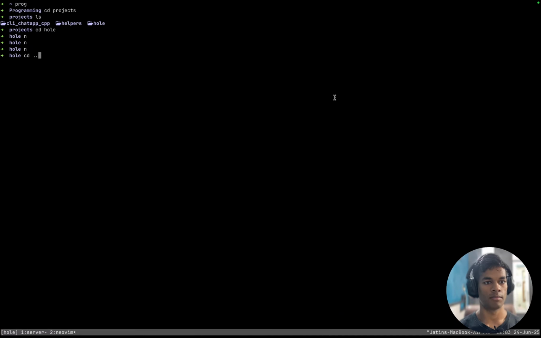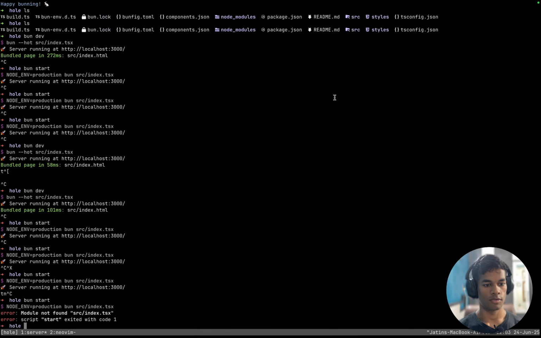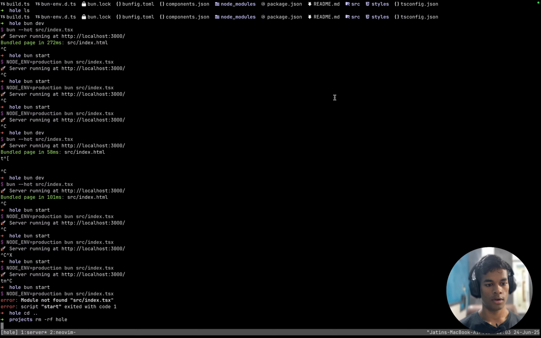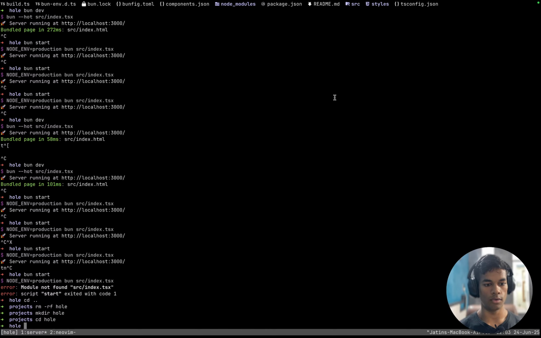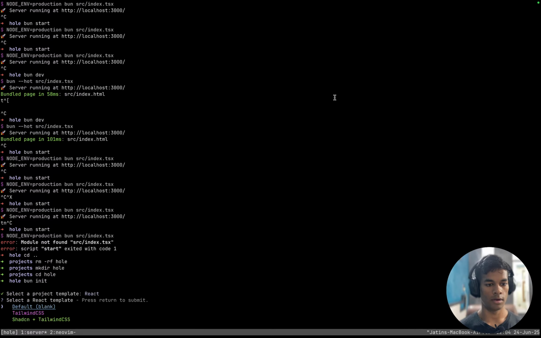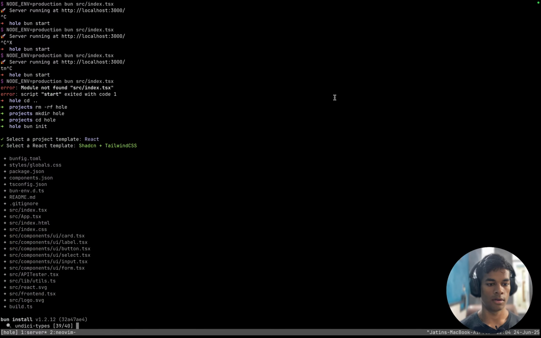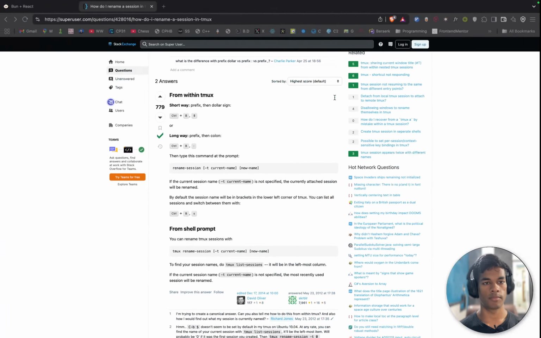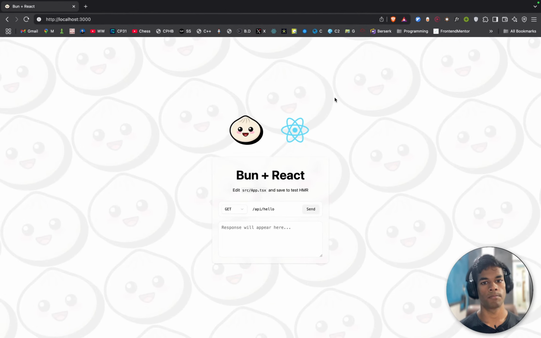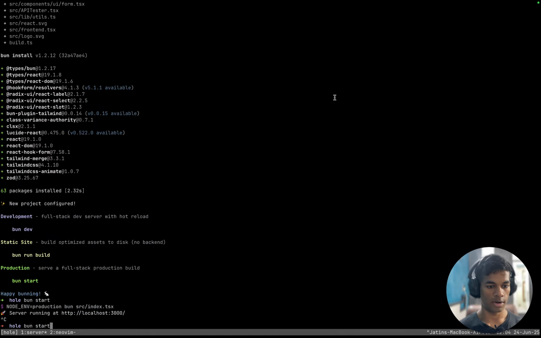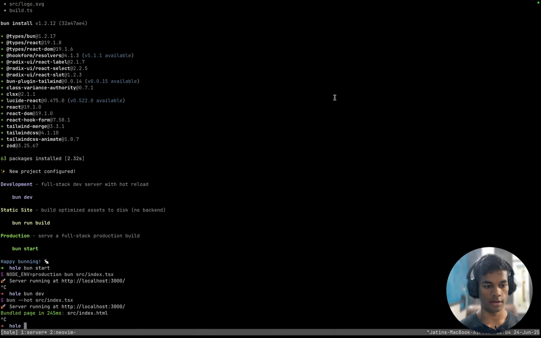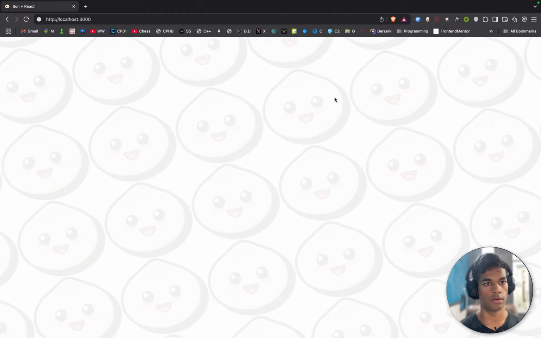And go back and remove the whole thing, and make the whole project, init a React thing with shadcn and Tailwind. Okay, cool. And bun start, I should see something. I do see something. And bun dev is still not working. Refresh. Yep, bun dev is not working. It is like something wrong with bun dev itself, not with my code.